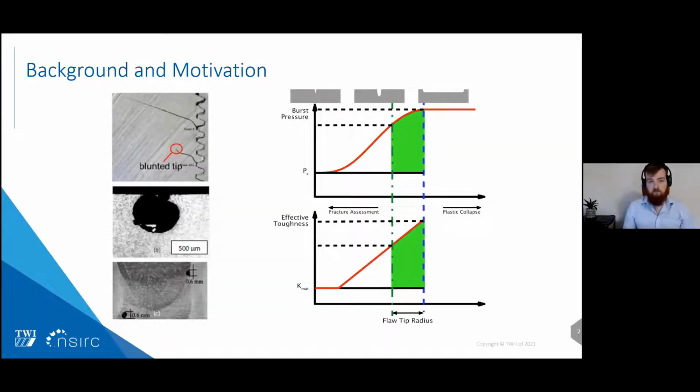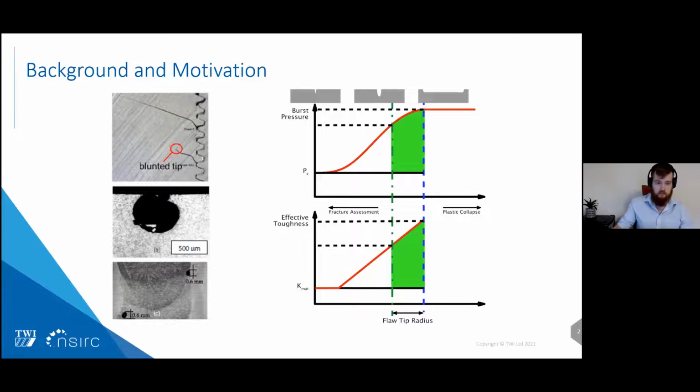As we know, real life defects aren't often the idealized sharp cracks that we often assume them to be. In fact, we can see very blunt or very spherical defects often present from manufacturing or from corrosion or welding. My PhD has been looking to bridge the gap between this fatigue pre-cracked idealized assessment and a larger locally thinned area plastic collapse assessment, seeking to fill in this green area on the graph on the right